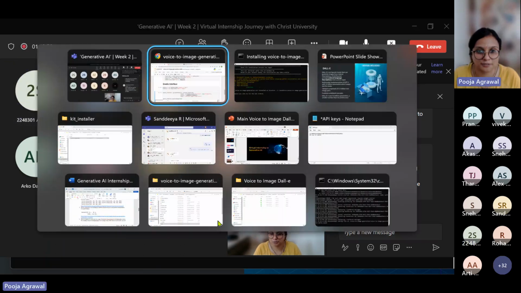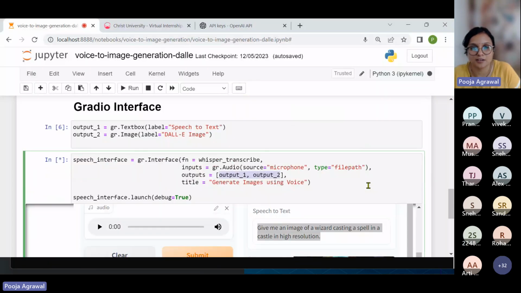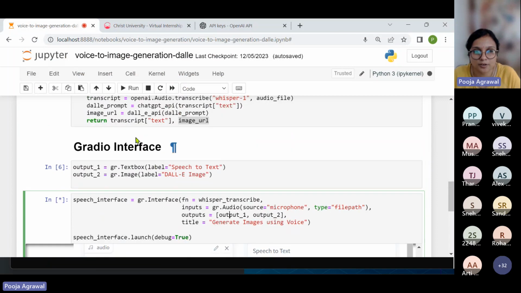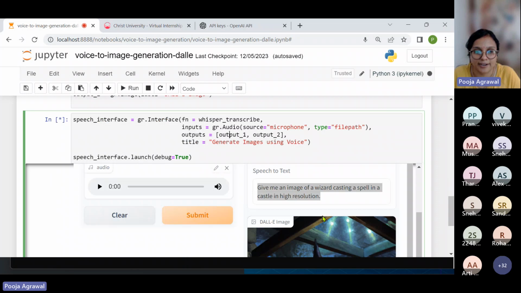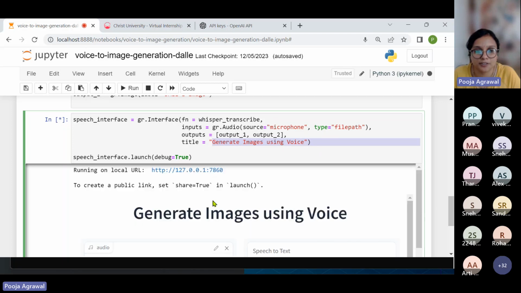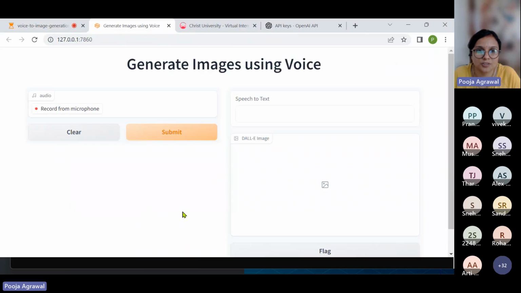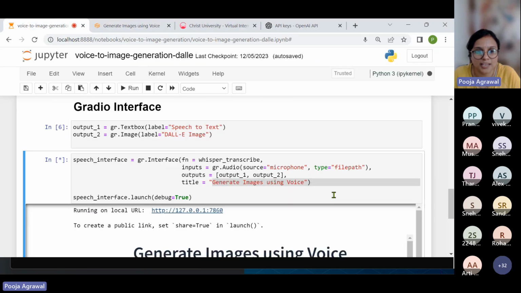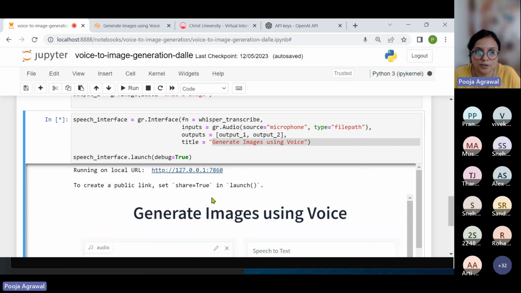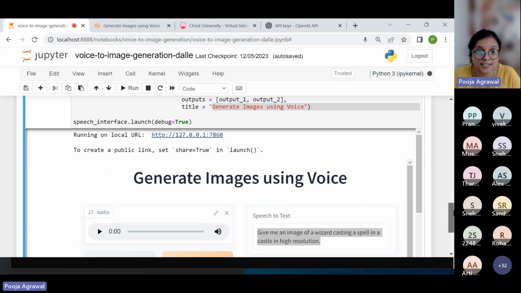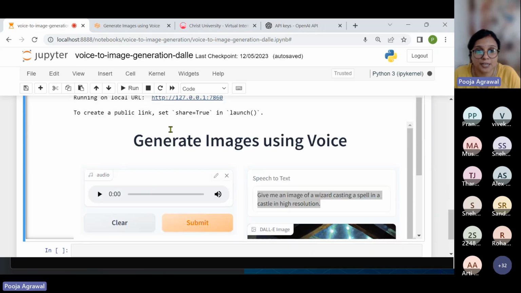Good, good. So it's good that we are together here. All of us are listening. So one is obviously your image URL and the transcript text. All right, so these will be your two outputs. And then this is the simple title, a generative app which is using voice, that is being put here. And then you can also run it from this URL separately here if you would like. And if you would like to also publicly share it, that's also possible. You can create a public link.